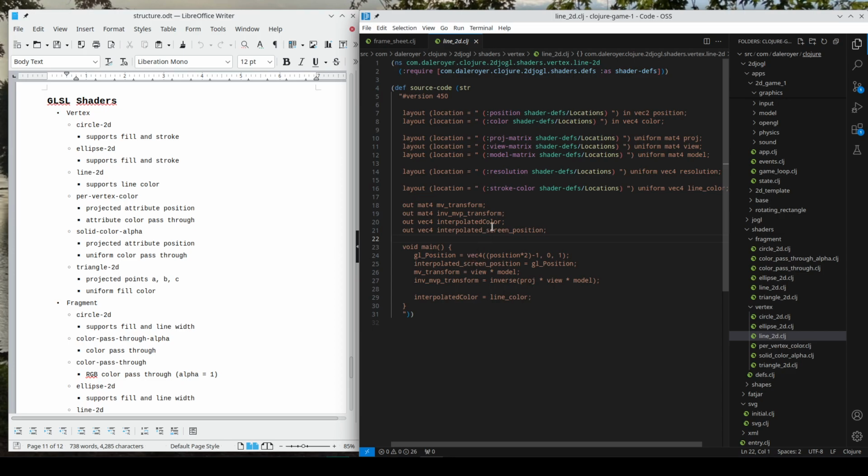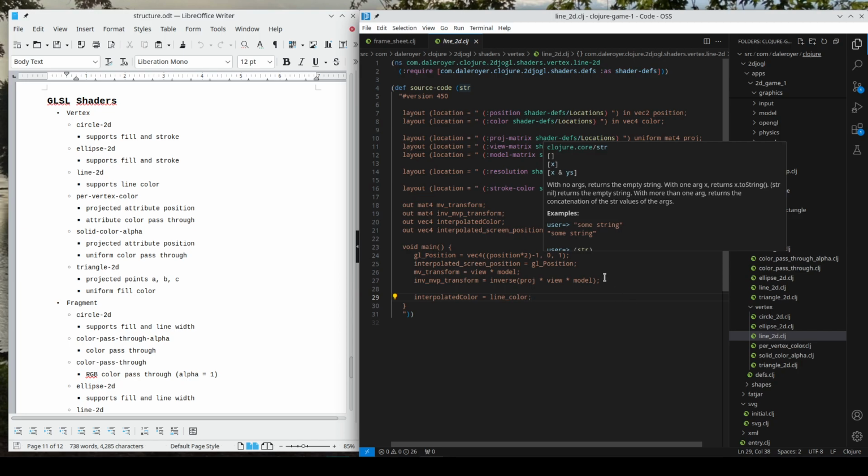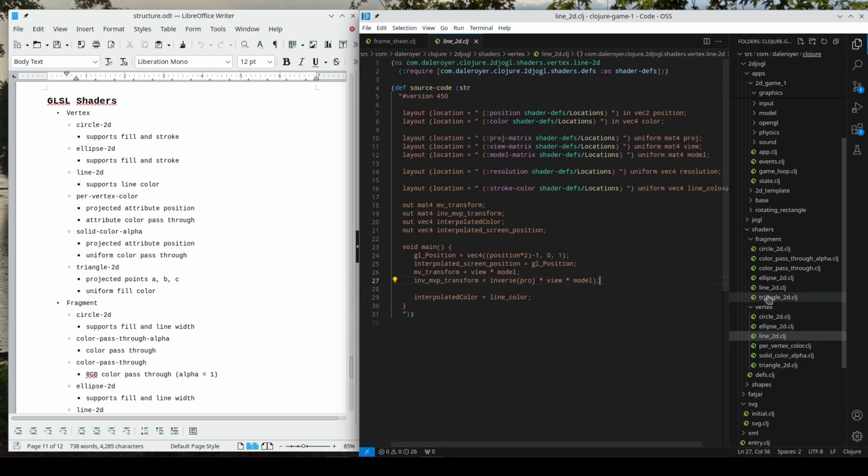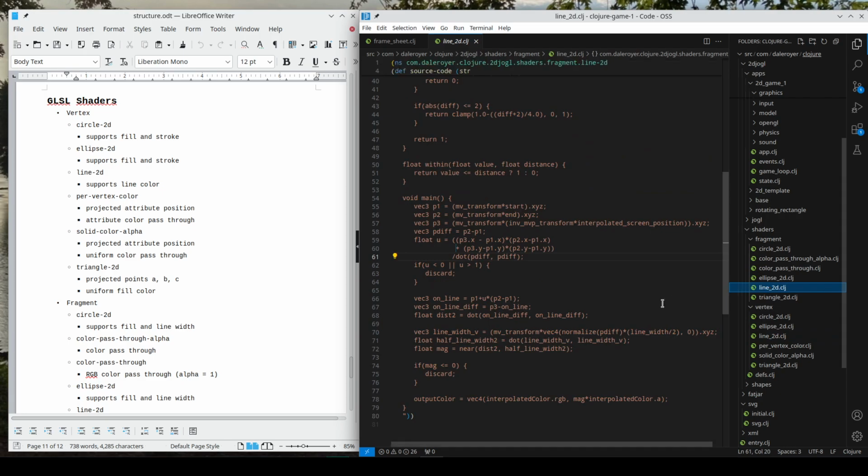So you can see this is line 2D. For the vertex shader, the incoming quad is just put into screen coordinates, and then the remaining attributes of the shape are passed to the fragment shader. So here the screen coordinates go from -1 to 1, the left and right, bottom and top bounds. And then for the fragment shader,